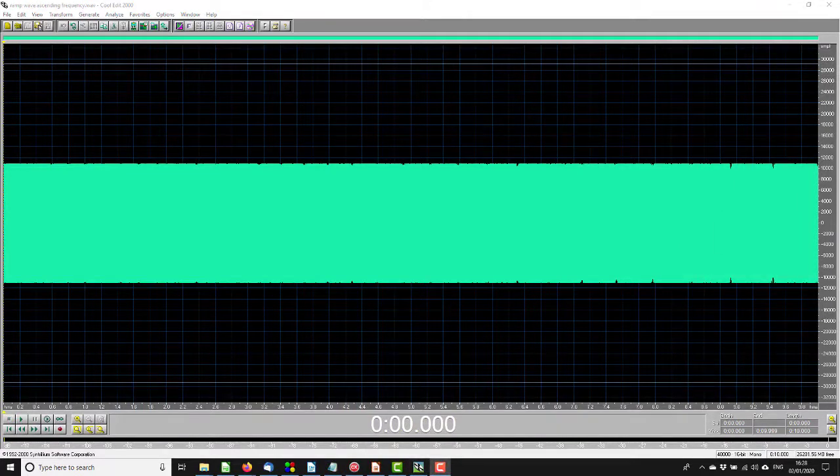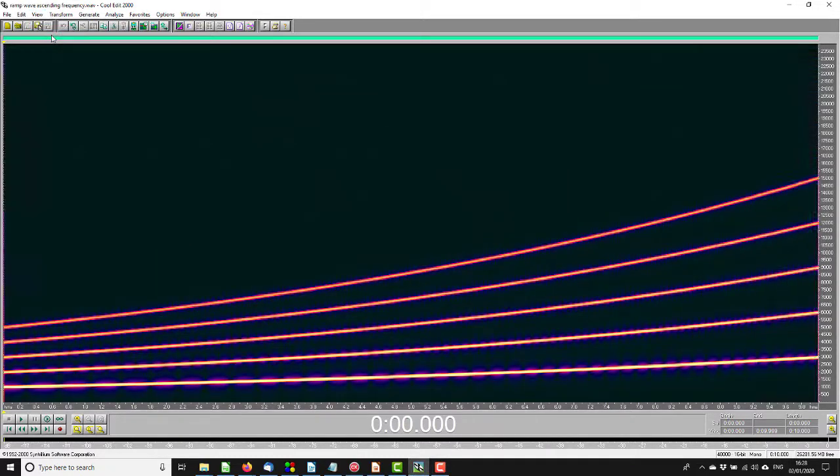Incidentally, the program you're looking at is called Cool Edit and it's years old. The 2000 in the title's a bit of a giveaway. But it has one feature that I find really useful. It will display a spectral view of the waveform over time. As you can see, the waveform you've just heard is made up of 5 frequencies and you can see